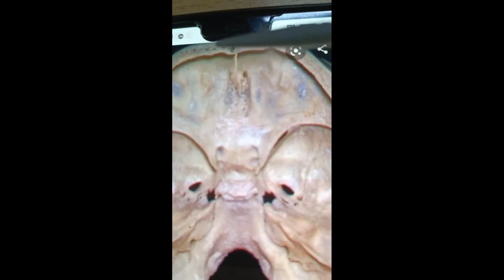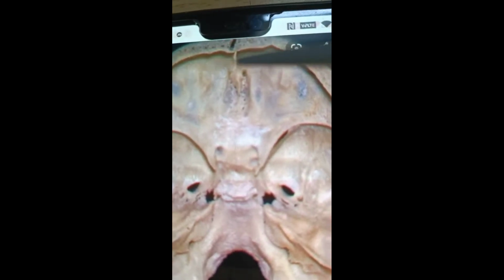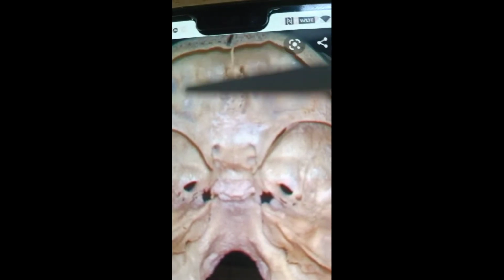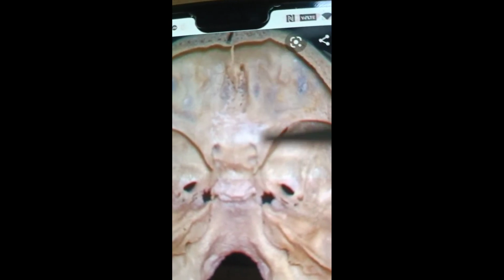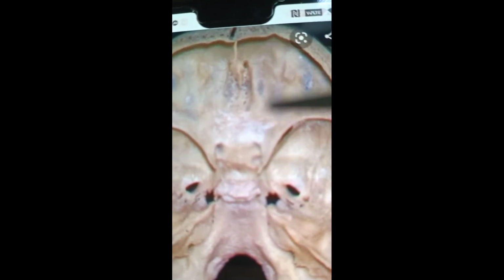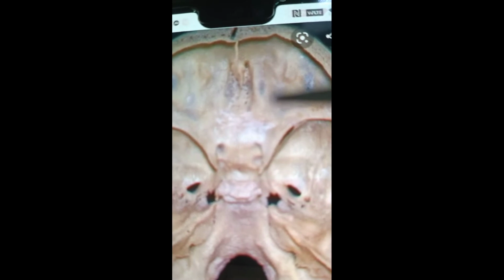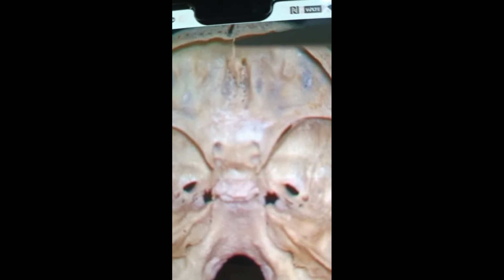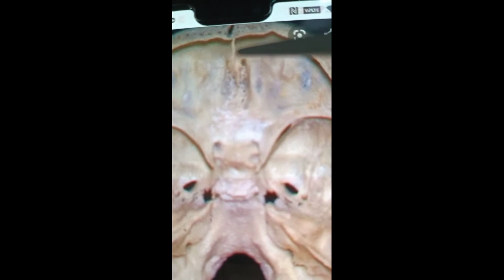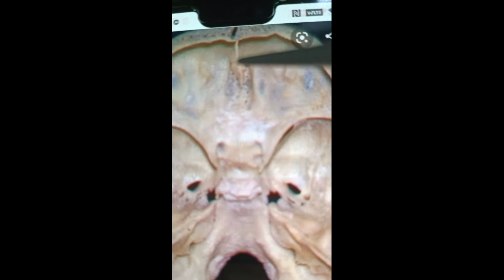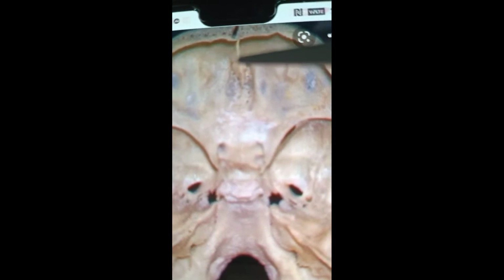So this is the forehead, and this frontal bone sends two horizontal plates like this, which roof the orbit. So they floor the anterior cranial fossa and they roof the orbit. So they separate the anterior cranial fossa from the orbit. This is the frontal crest. Here you have a foramen, which is called the foramen cecum. Cecum means it is a blind foramen, it's not actually a foramen.